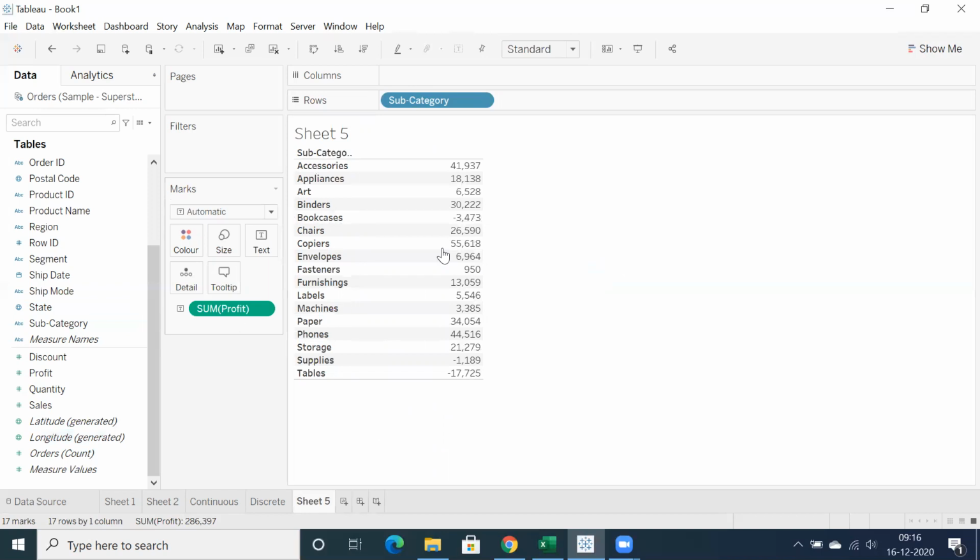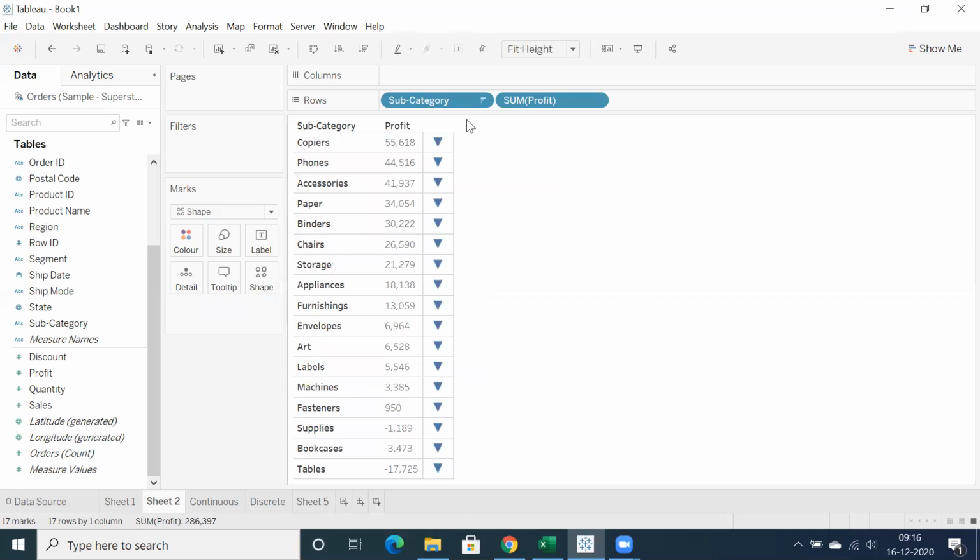In automatic, you're just using the text value, showcasing the profit value. So if I want to showcase a proper indicator, you can convert the same sum of profit into discrete, so that you have the text, whatever the text or measure value you are going to drop. Instead of dropping that measure, I just converted it into shape.